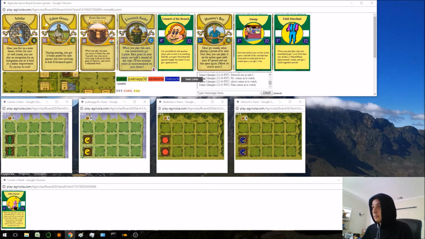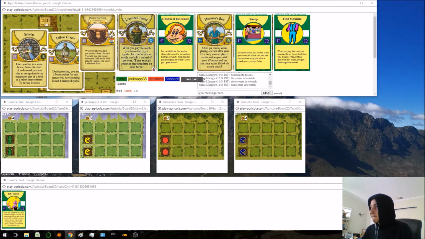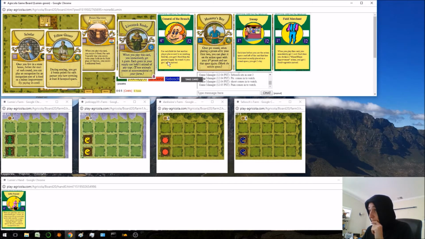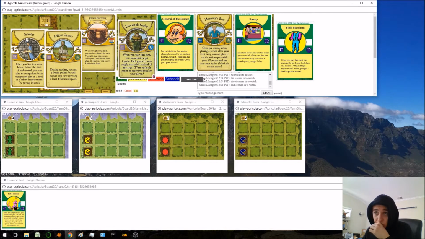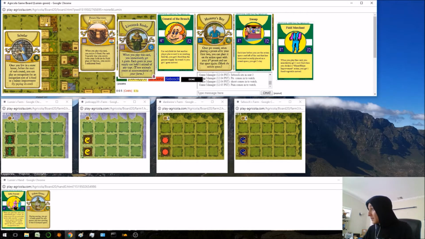Scholar. Or Fellow Grazer. So Scholar would be nice because it'll be easy to get stone with. Fellow Grazer's bonus points, though. Livestock Keeper's okay. Sweep is not okay. Field Merchant's not that good. Scholar, I haven't seen any other Stonehouse synergy. And it doesn't play major improvements anymore, so...